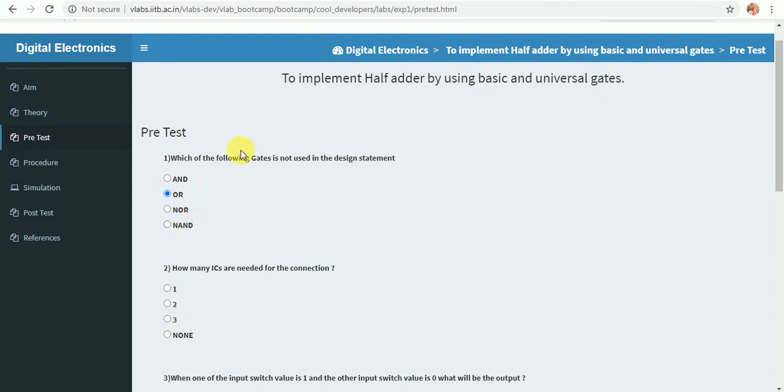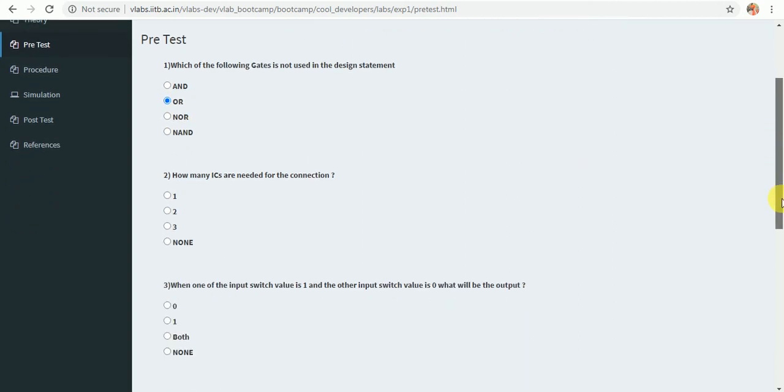So which of the following gates is not used in the design statement? Correct option is OR gate. Second question, how many ICs are needed for the connection? 2 ICs.